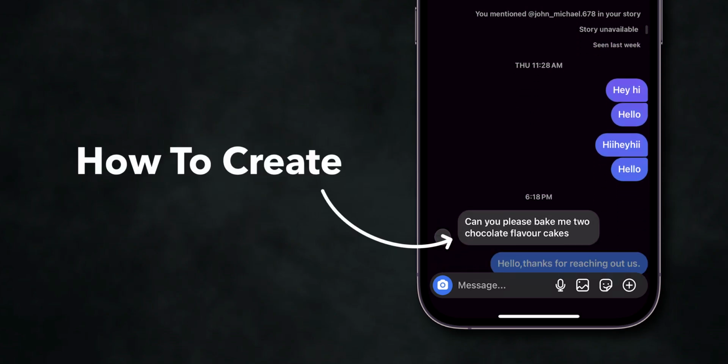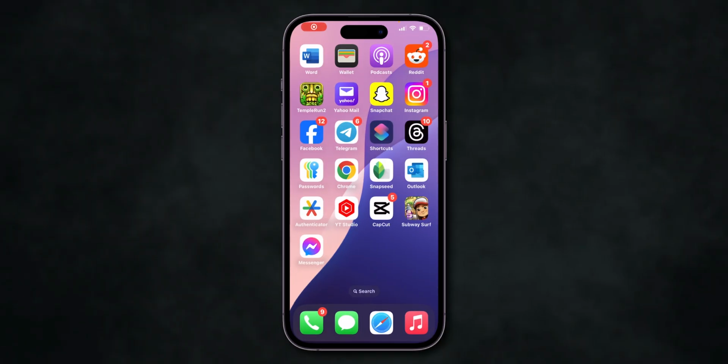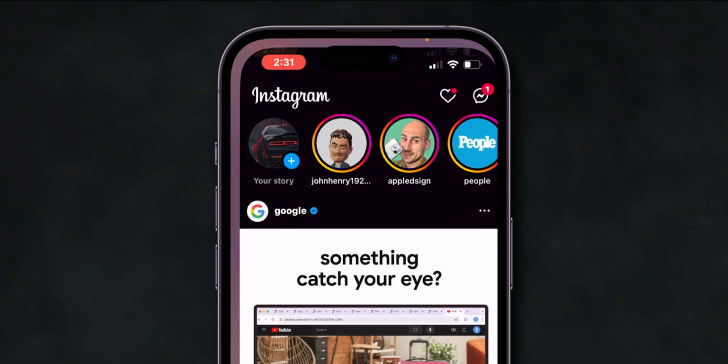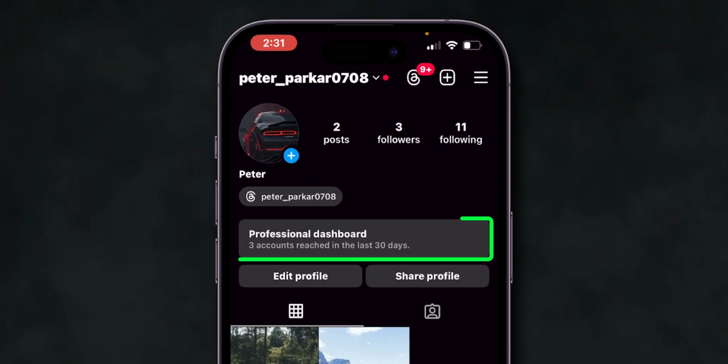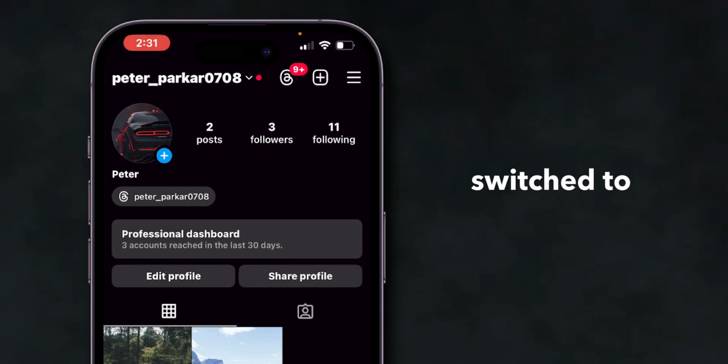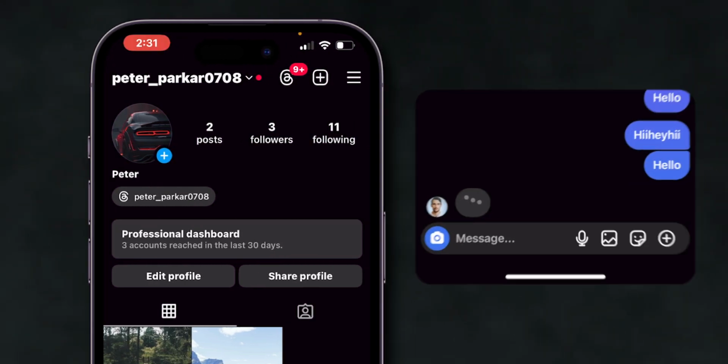How to create an auto reply on Instagram. First, open the Instagram app on your mobile device. At the bottom right corner, tap on the profile icon. Make sure that the professional dashboard appears above Edit Profile. This indicates the account has been switched to a creator or business account, which is necessary to set up an